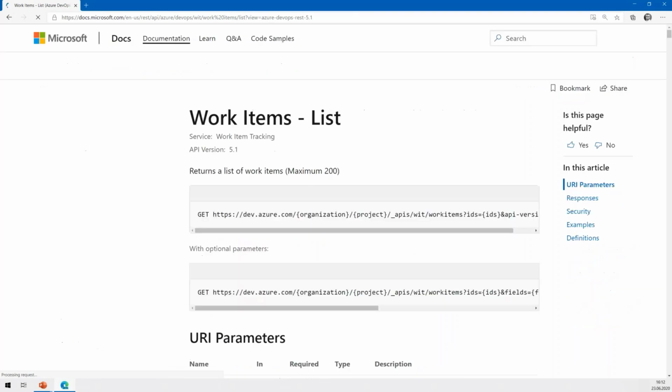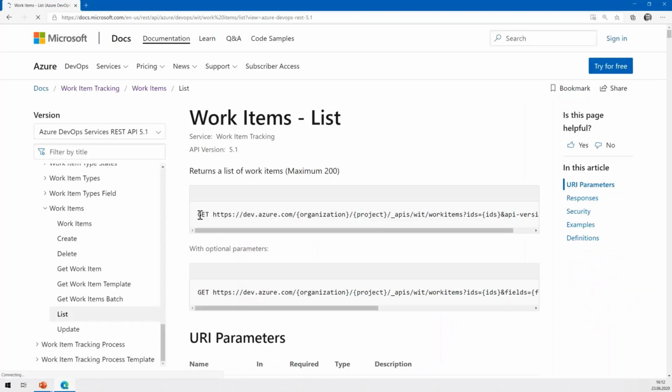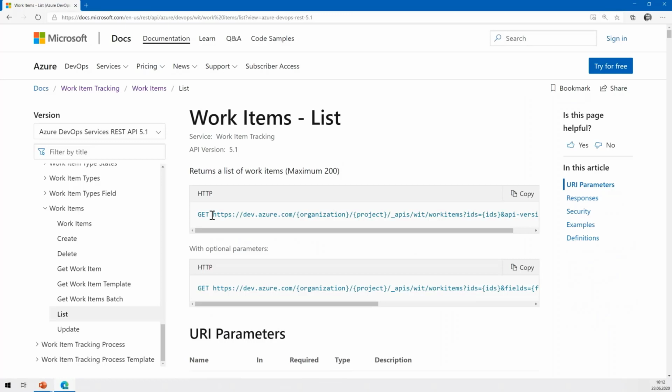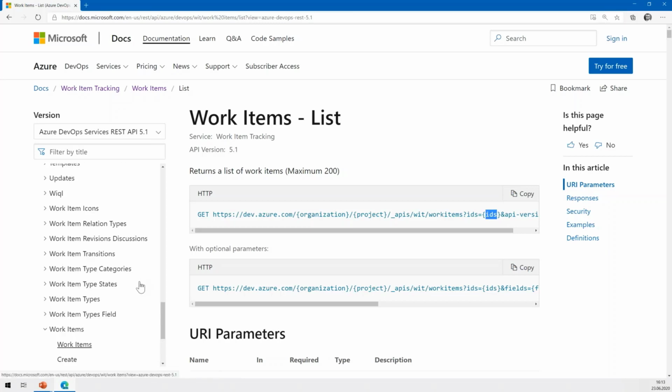If we look at the example, we can see here, this is the request that we're going to do, the HTTP request. It has dev.azure.com in the beginning, the DevOps organization, the project, and sometimes the team. And then it's the actual URL of the API. And what we're seeing here is that we need IDs of work items. So we can't directly access them just by knowing the organization and the project, but instead we need to have an ID. Getting IDs, for example, is possible by using queries, as I just said in the beginning.